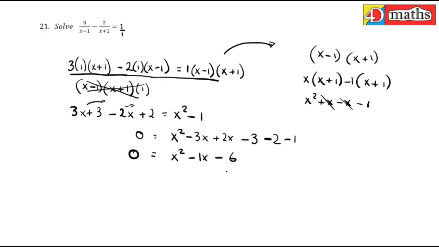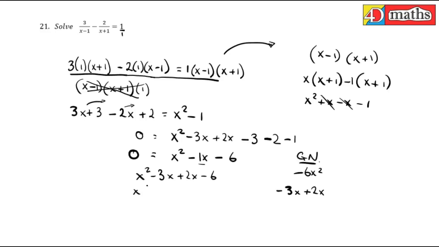So I recognize this as a guide number. So I'm going to do guide number it. Minus 6x squared. So the factors of minus 6x squared that will make minus 1 are going to be 3x and 2x. Minus 3 and plus 2, because I need a minus. So minus by a plus is a minus, and minus 3x plus 2x is minus 1x. So replace that where minus 1x is